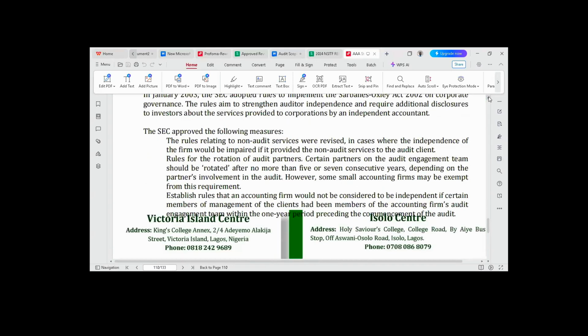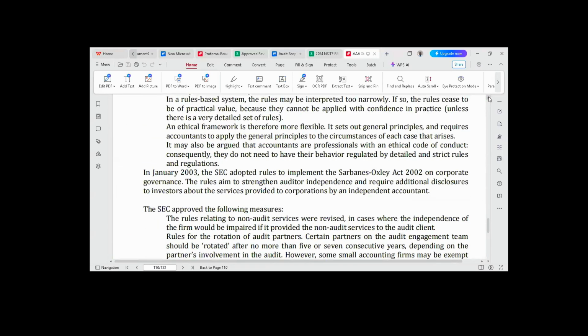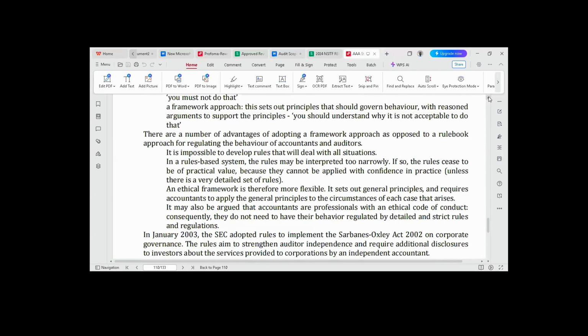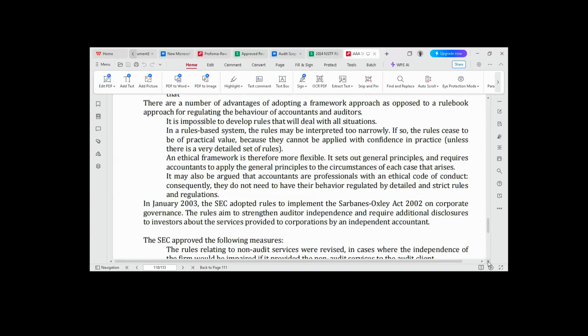Okay, we are talking about independence of the auditor. We are looking at what? The independence of the auditor. How do you ensure independence of the auditor? Remember that